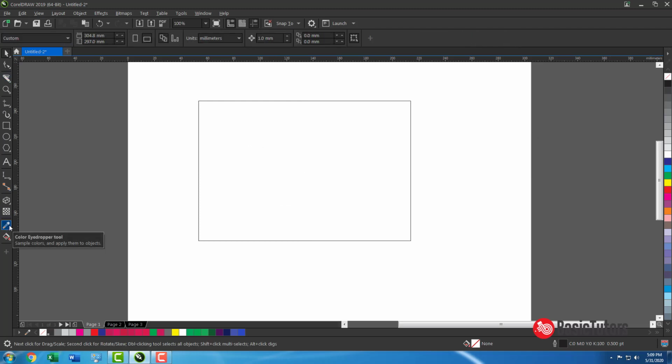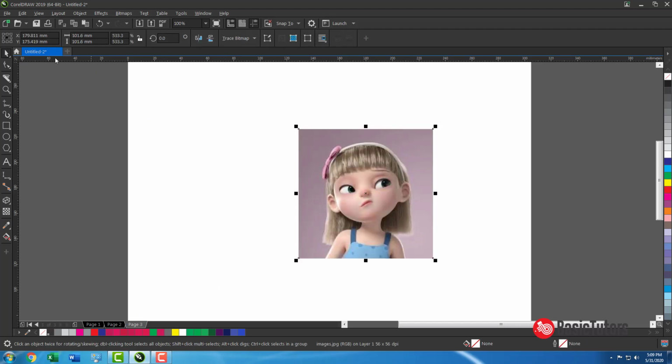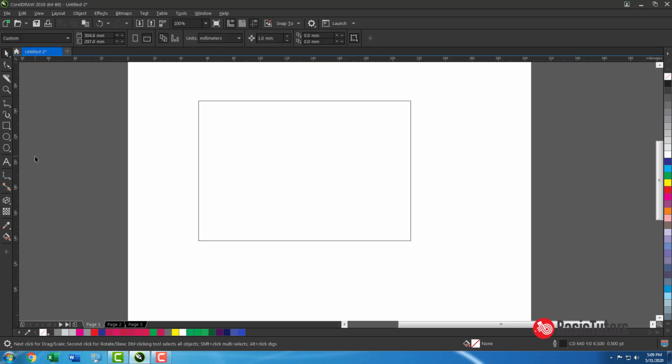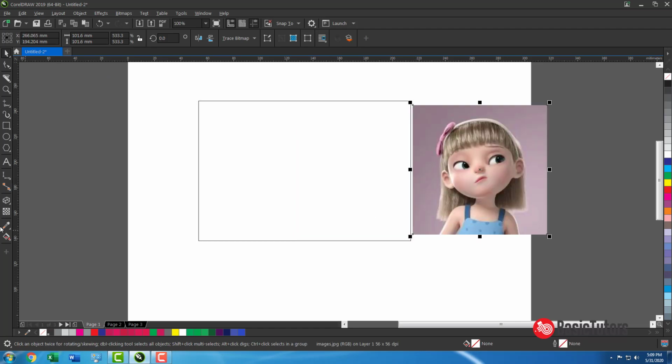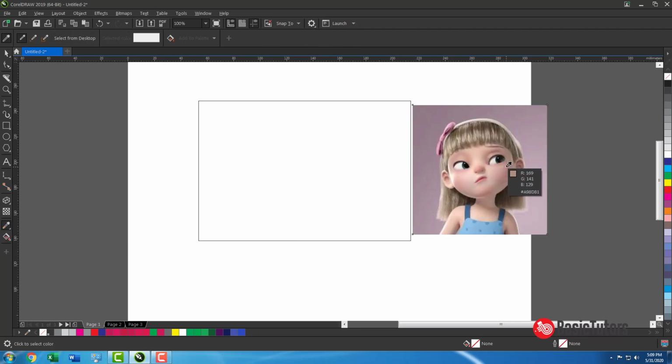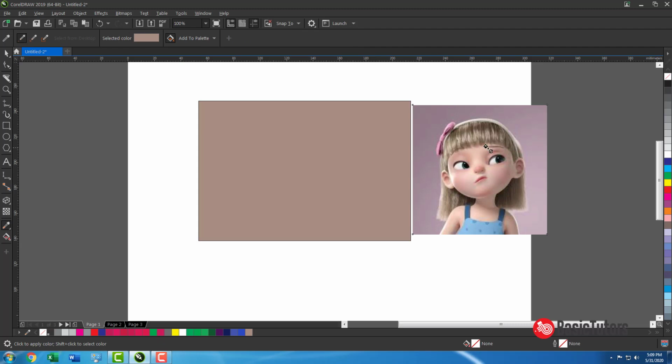Also, there is a tool called the color dropper. With this tool, you can select colors from anywhere in the output. If you select the color with the eyedropper, automatically the bucket will come. You can fill it over there.